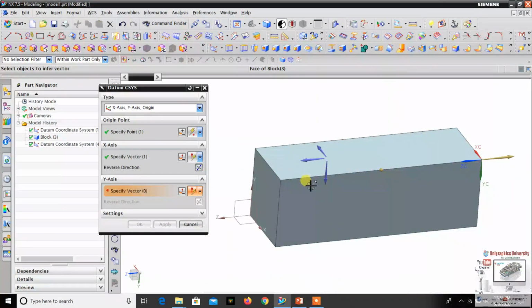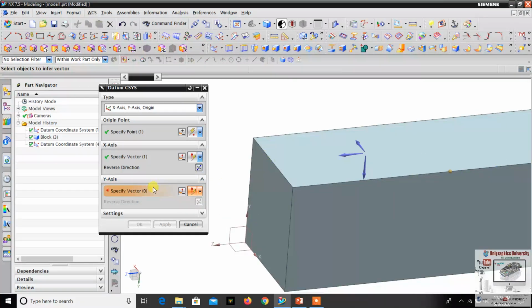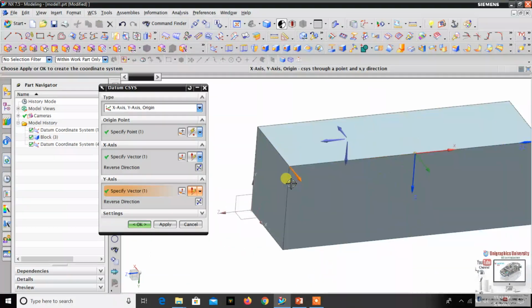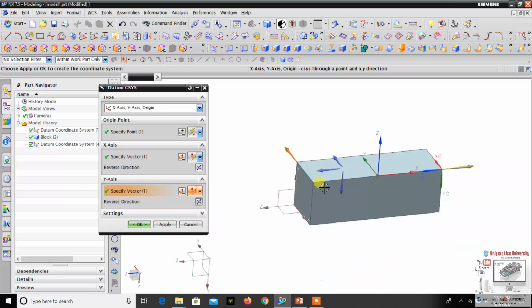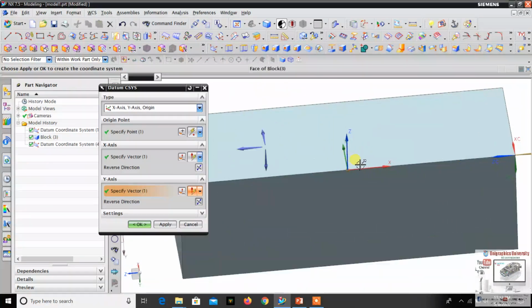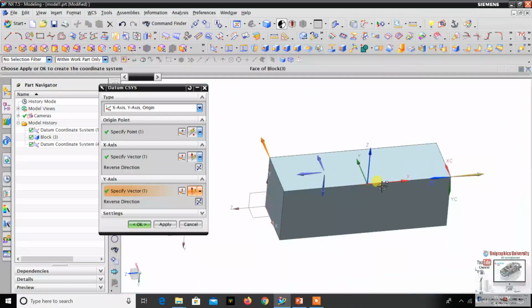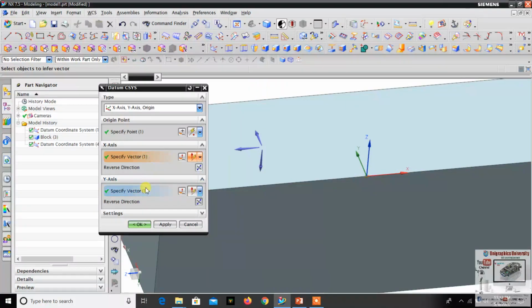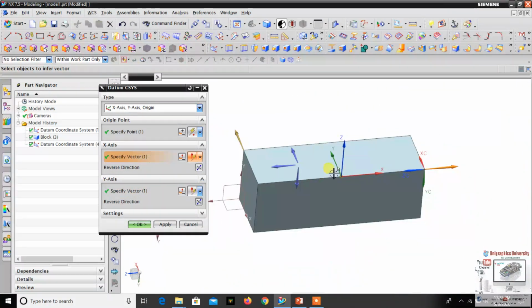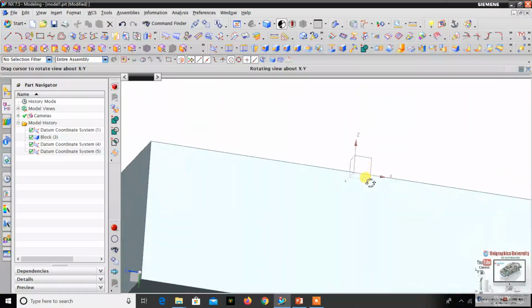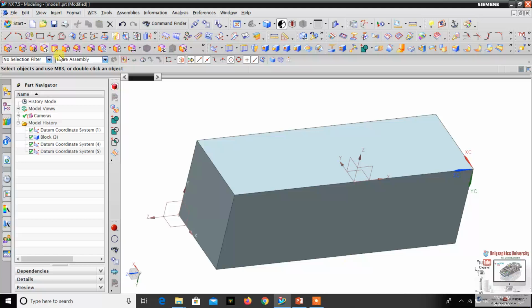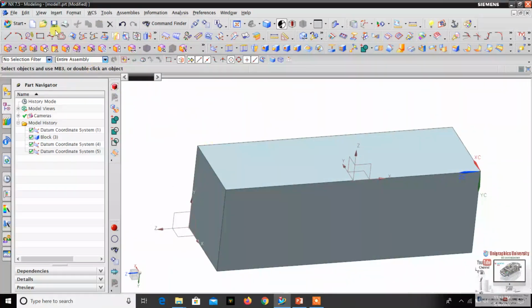So this one is the x-axis. Then specify the y-axis and simply click. If I want reverse direction, you simply click reverse. The new datum coordinate system will be created at that point of the direction as per we choose. Okay, I simply click OK. The new datum coordinate system will be created at that point. Okay, thank you. Let's move on to the next option.